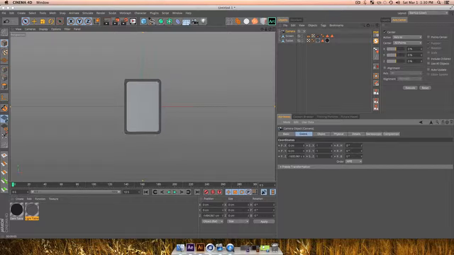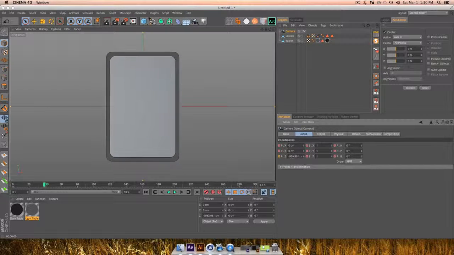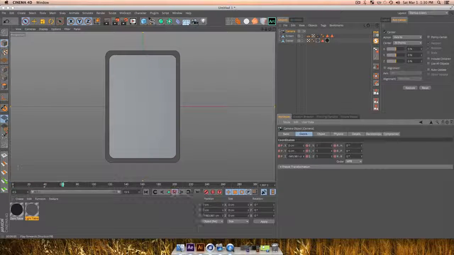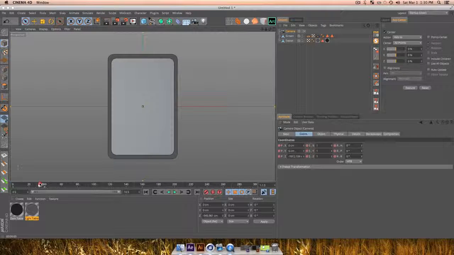I'm going to just zoom back a little bit and set a keyframe, and then go forward to somewhere around a second or so, and just zoom in on my Z space. So we're actually zooming into the tablet. That looks good. I'll set another keyframe. If I go back in time, it's going to just go forward exactly like we keyframed. So that is perfect. So I'm just going to zoom back a little bit in time to about where my keyframe is still moving,